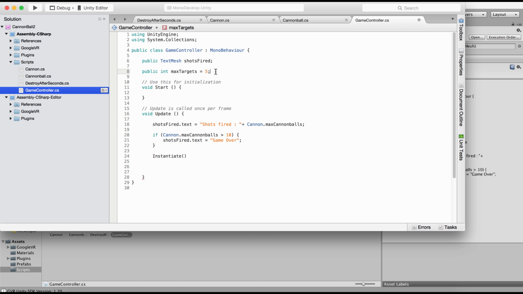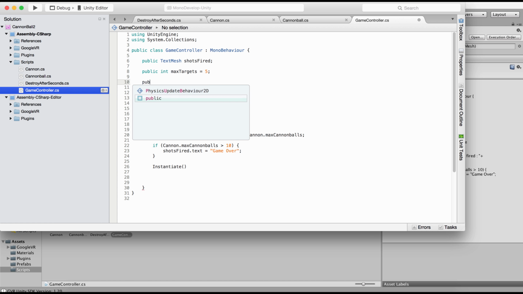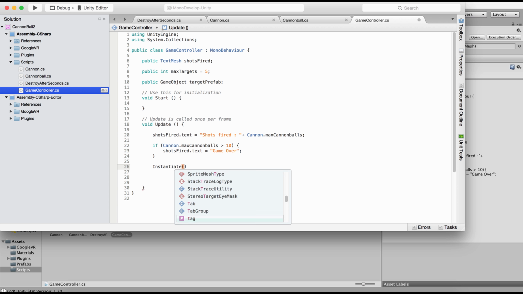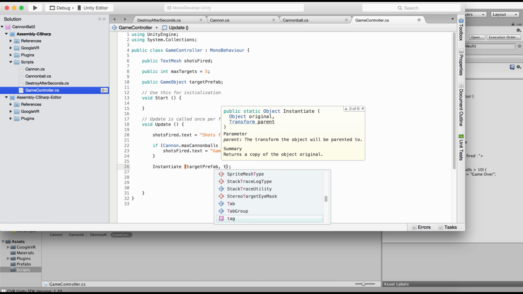So let's create a reference to it, public game object target prefab, and because I want to instantiate this, instantiate target prefab. Okay, and where should I position it is important. So I say